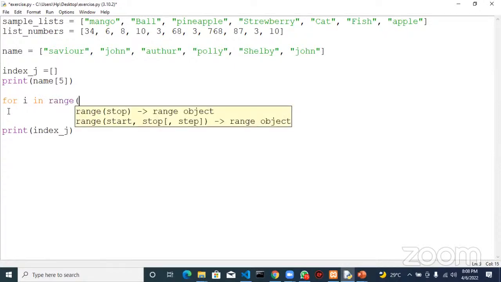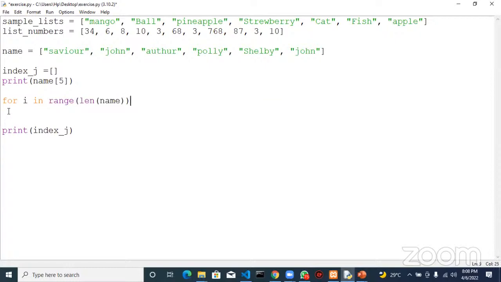And then we don't want to hard code the number there, so we use the length of name. Now what we want to check, I think this way will work. So what we are going to check now is if,